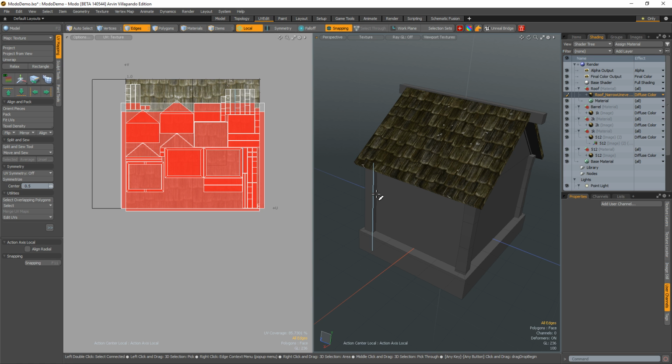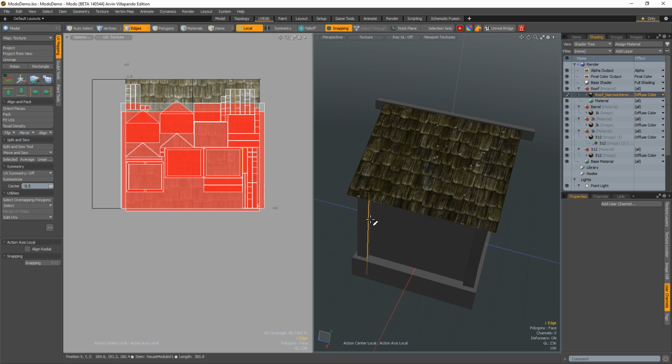A lot of that detail is going to be handled by your texture. But just some